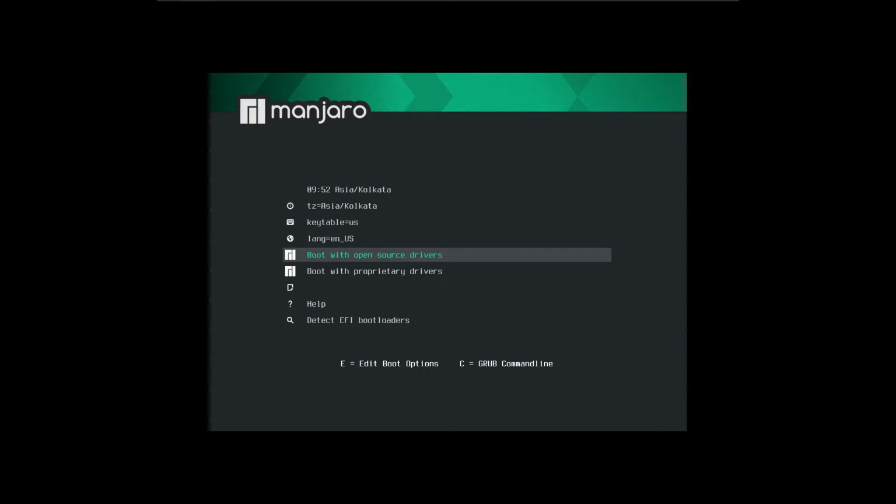Now you can boot with open source drivers or boot with proprietary drivers. Suppose you have NVIDIA or AMD graphics drivers in your PC or laptop, then you may boot with the proprietary drivers. At this moment, I am starting with the open source drivers.